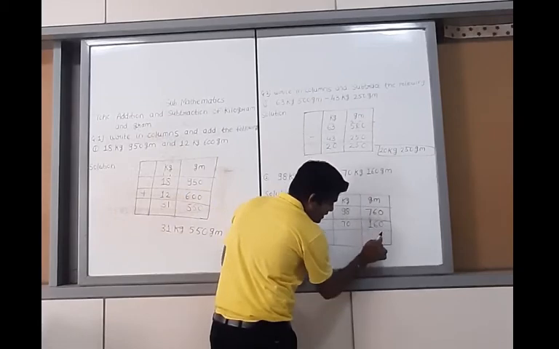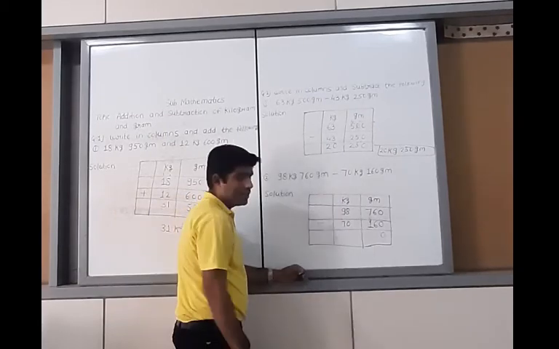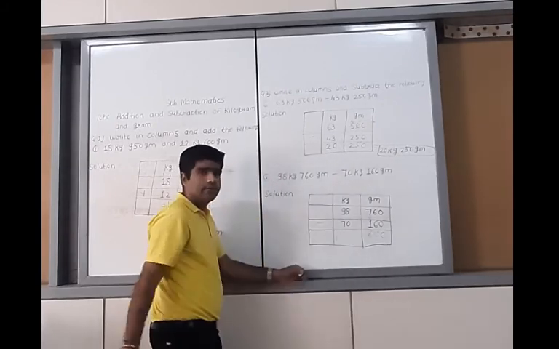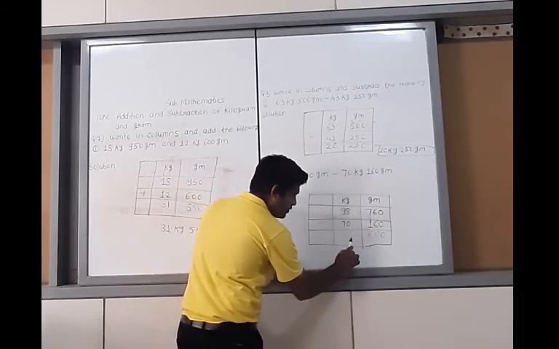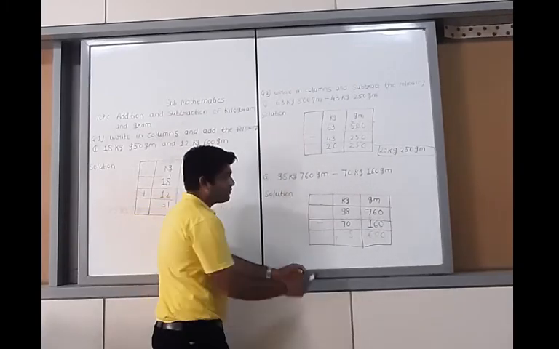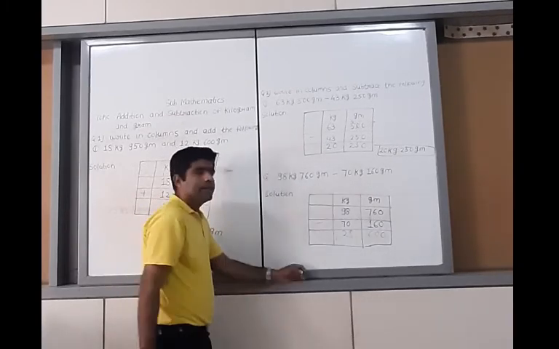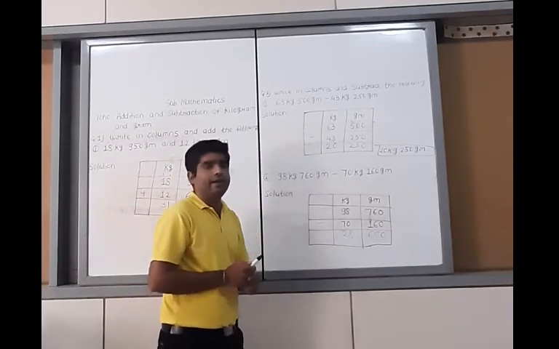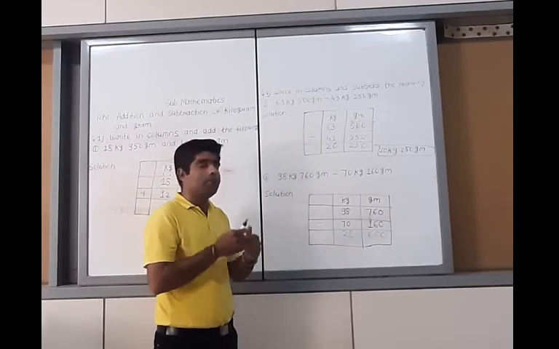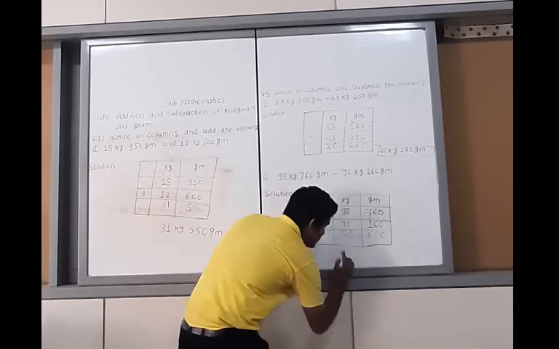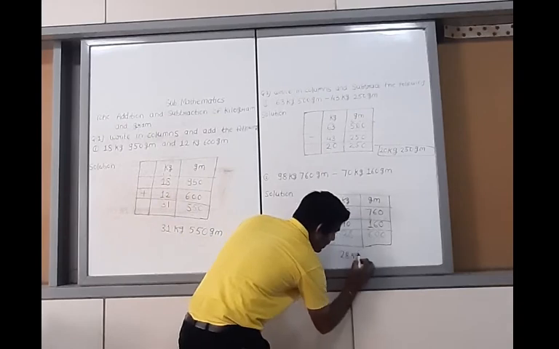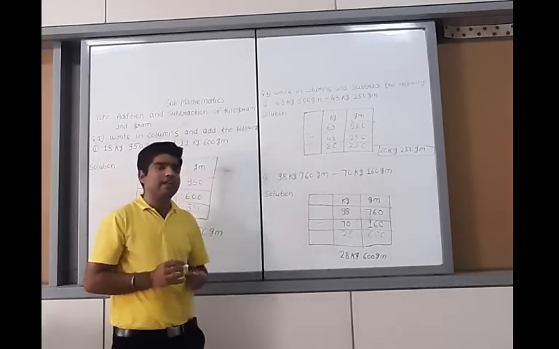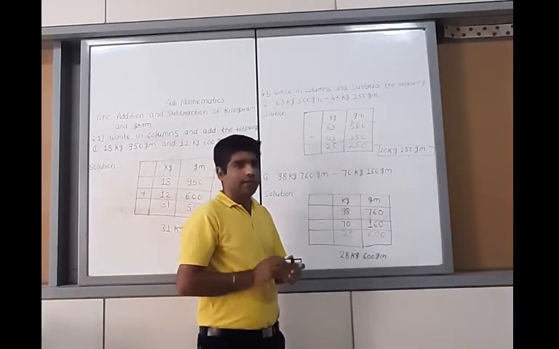This is the 0 minus 0 is what? 0. 6 minus 6 was 0. 7 minus 1 is what? 6. 8 minus 0 is what? 8. Here will be 9 minus 7 is what? 2. It means that your correct answer is what? This is about 28 and this is about 600. It means that you have to write down in the form of kilogram and gram. That is why your answer is definitely 28 kg and this is our 600 gram. This is the correct answer.